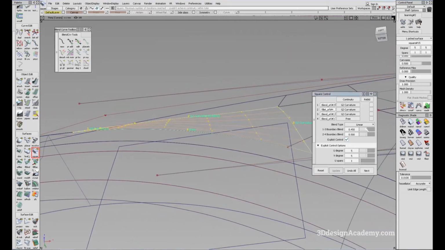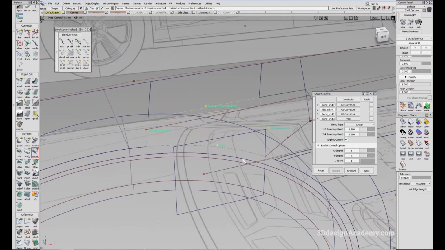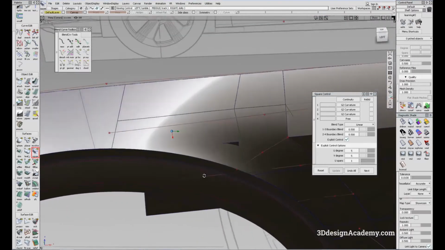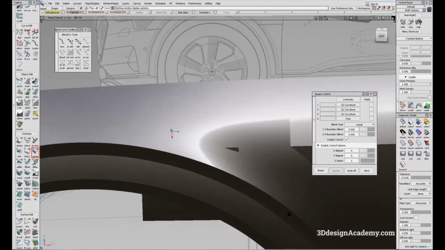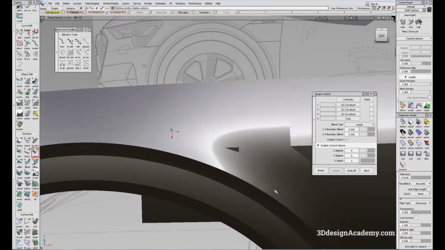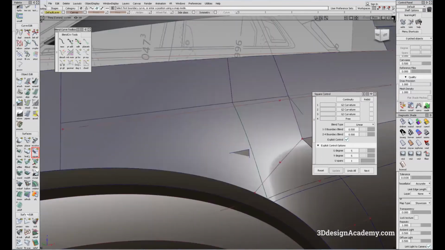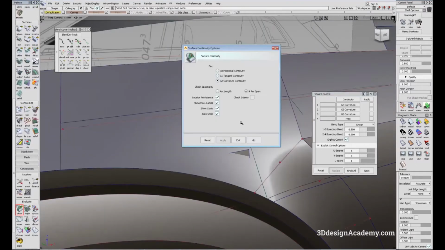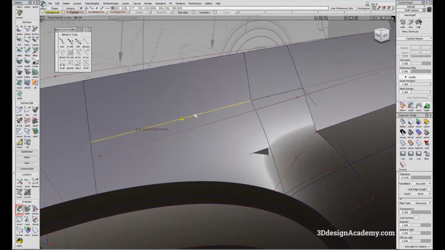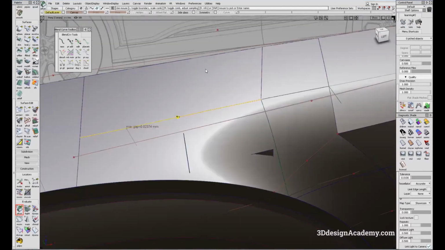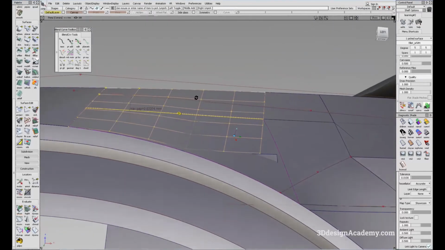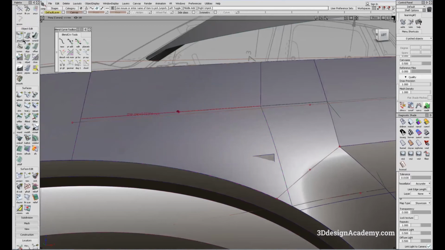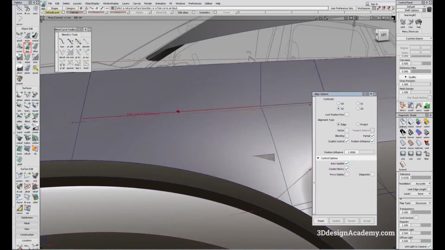So let's see if the boundary blend helps. Looks like it's actually making it a little bit worse. So I'm just going to leave that over there. Now this is also probably because of the primary surface, but I think the highlight looks pretty good. Okay. So let's find out why it's not achieving curvature on the top. So I'm going to check. Okay, so it looks like it's positional, and okay, so if that's the case, I'm going to use a line,